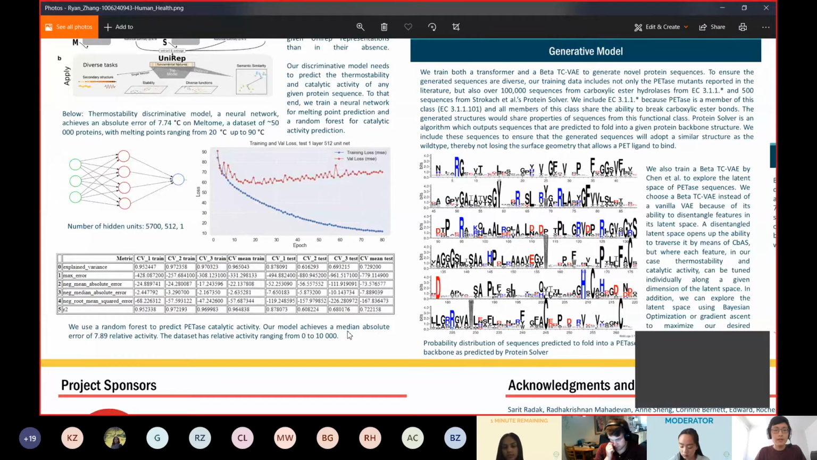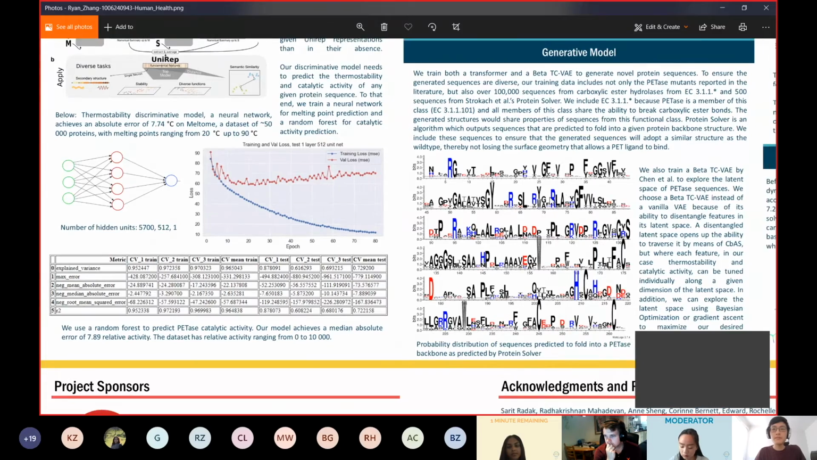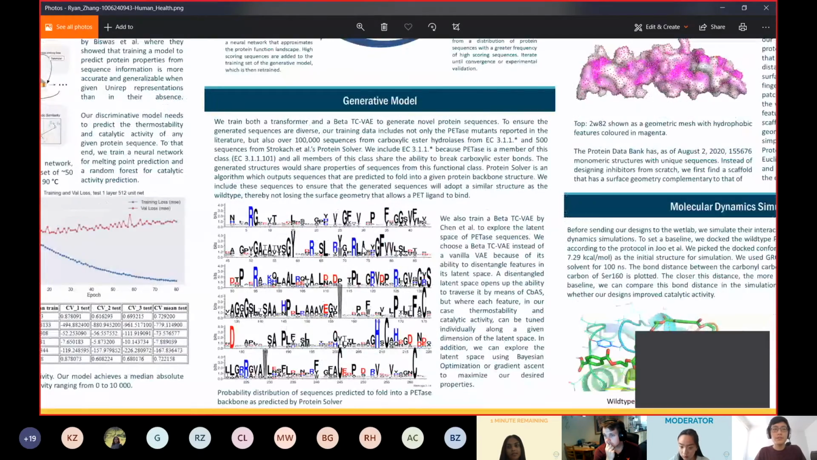and it achieves a median absolute error of 7.89 relative activity, and the data set has relative activity ranging from 0, which is the wild type sequence, to around 10,000, which is more optimized sequences found in literature. So we use this discriminant model in addition to our generative model,